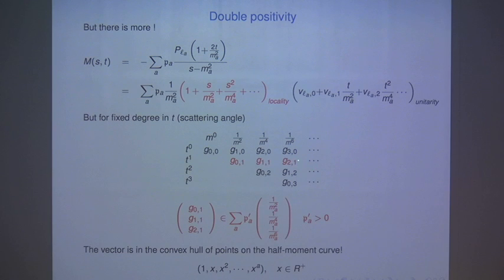If we look at things horizontally, then since all of these Gegenbauer expansion vectors are just positive numbers here, that means for fixed T it is just a positive number multiplied by these other positive factors here. So that means for the fixed T vector, if I collect them together, these are actually coefficients for higher dimension operators of different mass dimensions. So these different mass dimension vectors again sit in a convex hull of this interesting vector here. And if you look at this, it turns out that these coefficients are sitting inside the convex hull of points on a half moment curve.